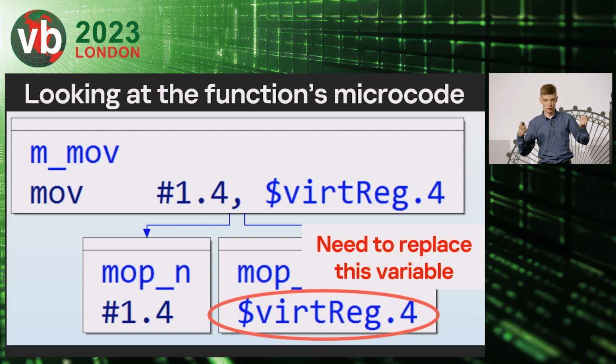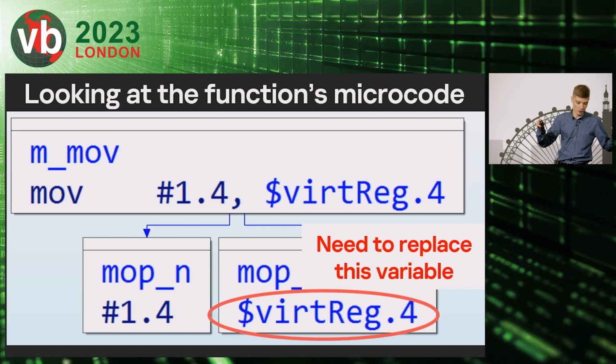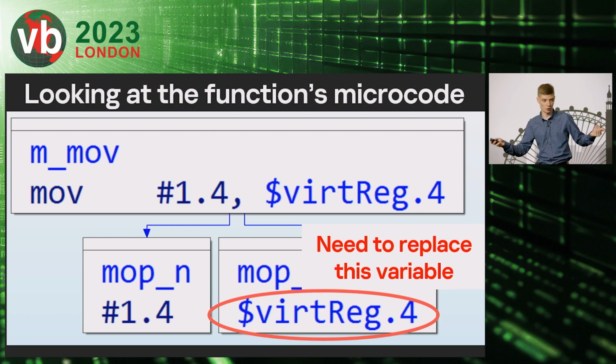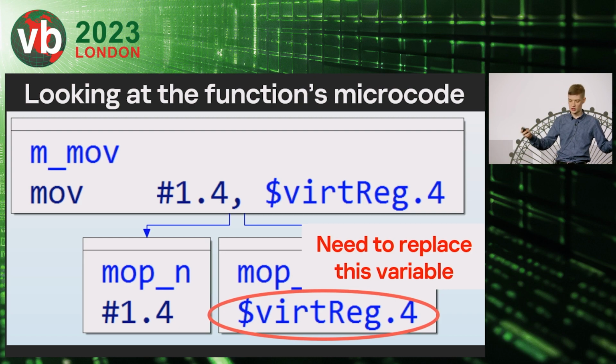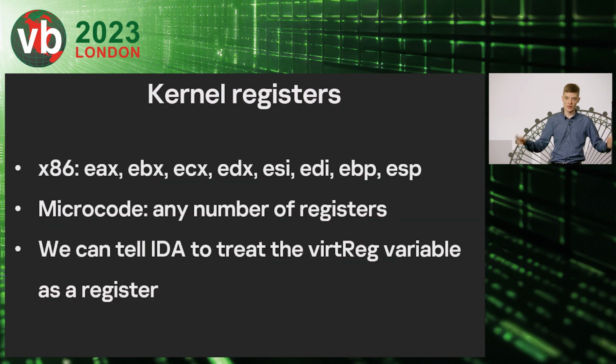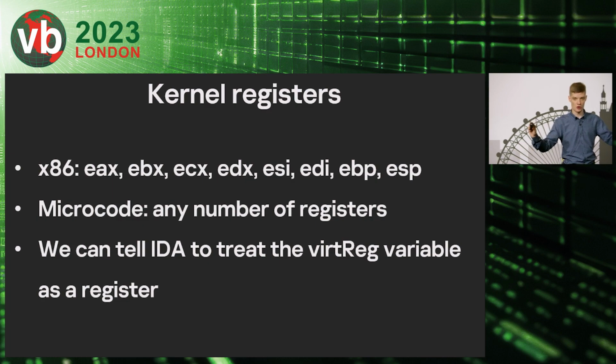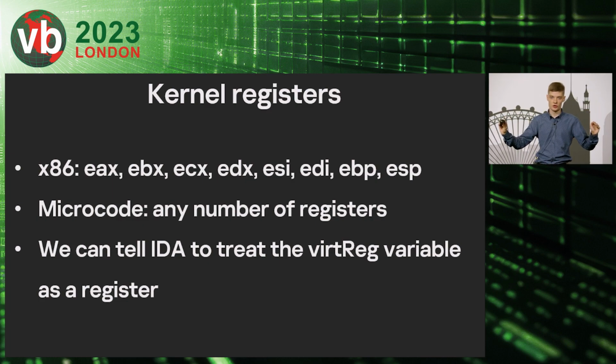So what we can do is try to tell IDA that this variable should be optimized. And we need to replace this variable with some kind of object that is optimizable. Now, if you browse through the documentation of the Hex-Rays Decompiler, you will see that it contains an object